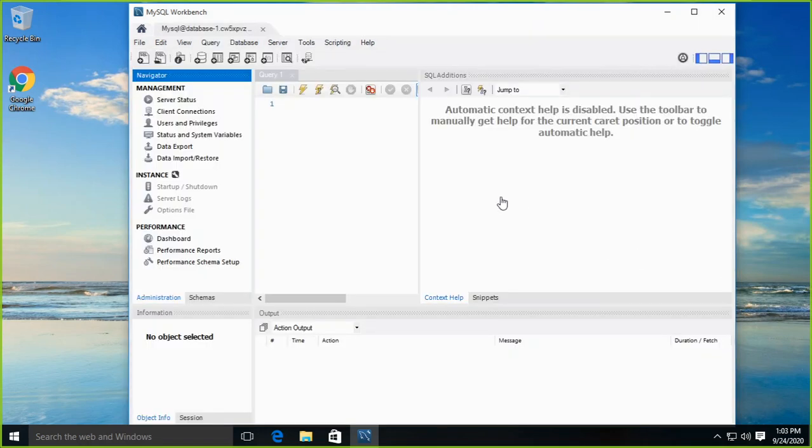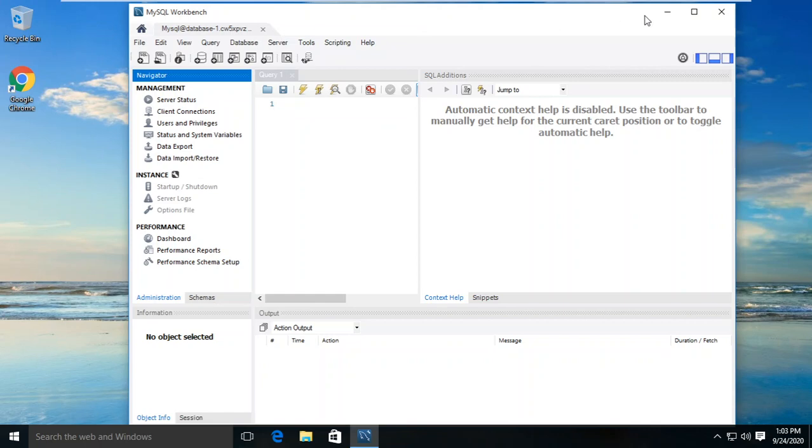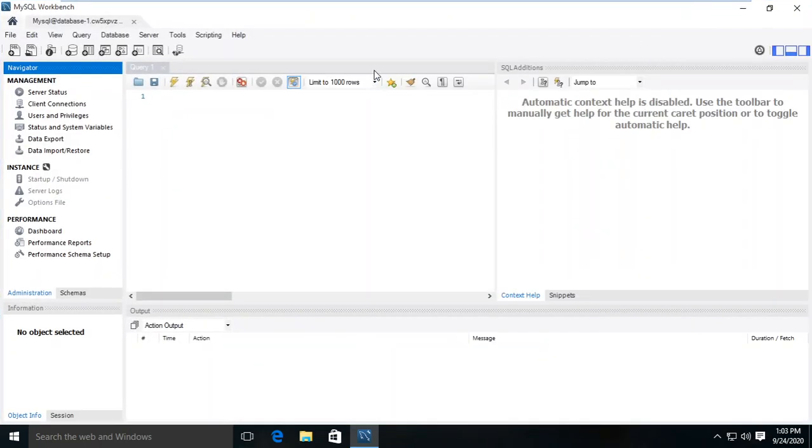So we can see now it has been connected and it is showing me some details of that. Here it has been connected, and if I maybe make it full screen, you see it is connected to my RDS database server. I can click on server status. If I click on server status, it is going to give me the status of my server. It is a bit slow, maybe because of the internet speed.